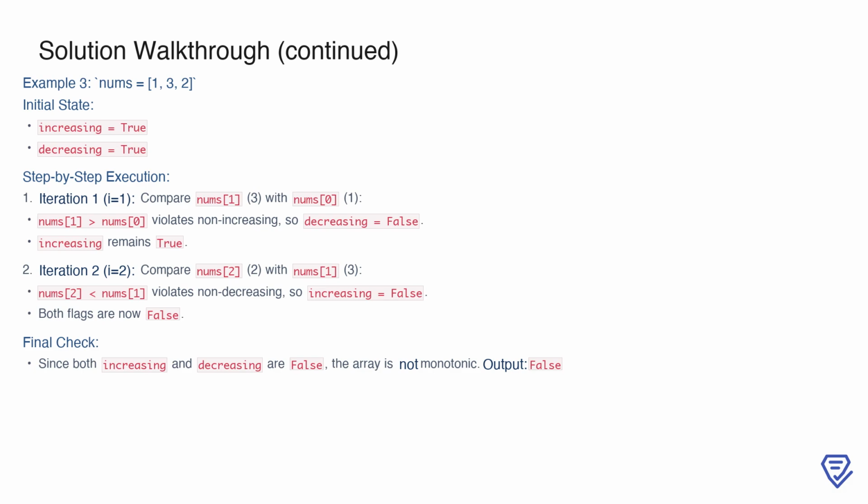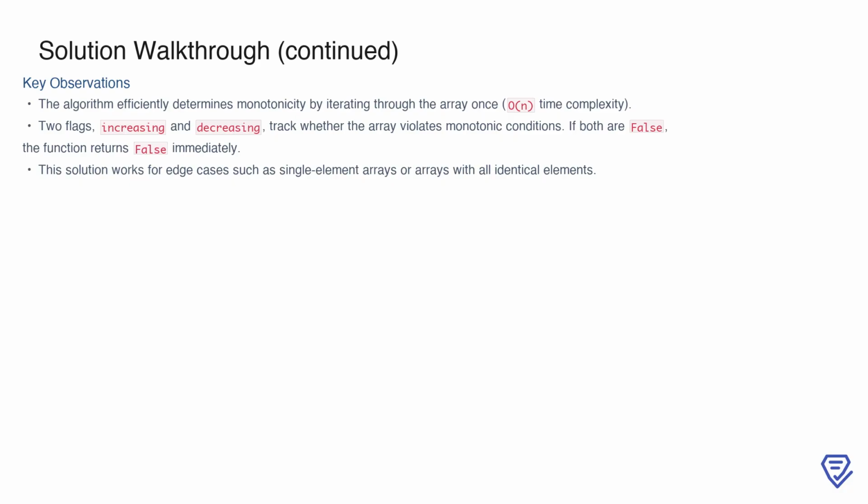Therefore, the array is not monotonic, and the function would return false. This approach is efficient because it only requires a single pass through the array, resulting in an O(n) time complexity. The use of two flags, increasing and decreasing, allows us to track whether the array violates monotonic conditions as we